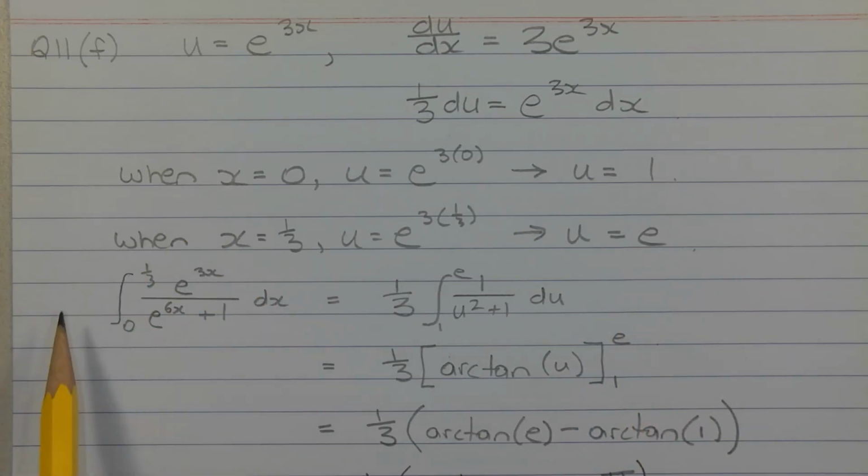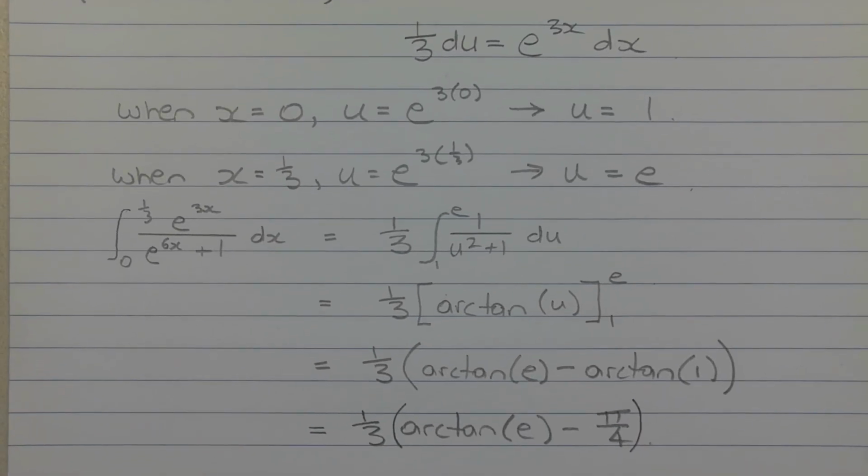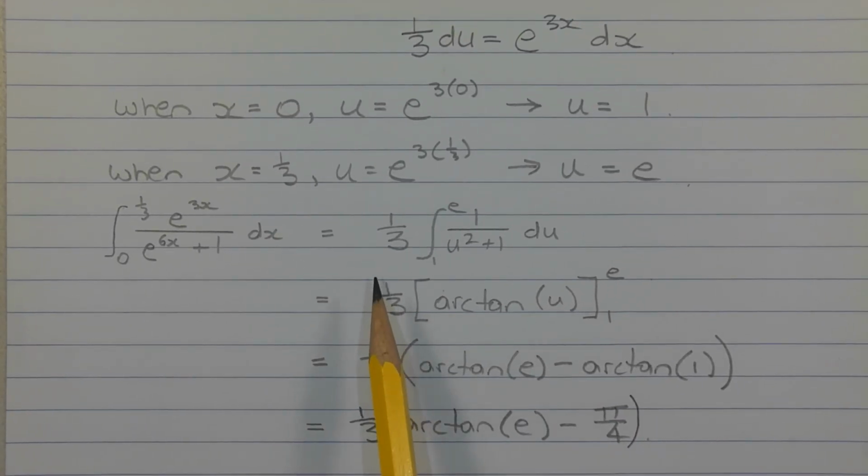So the original integral can be written in terms of u, so that equals 1 over 3 times the integral of 1 over u squared plus 1 du from u equals 1 to u equals e. So performing the integration, we get 1 over 3 multiplied by arctan or inverse tan of u from u equals 1 to u equals e. Applying the limits of integration, we get 1 over 3 outside of arctan of e minus arctan of 1,